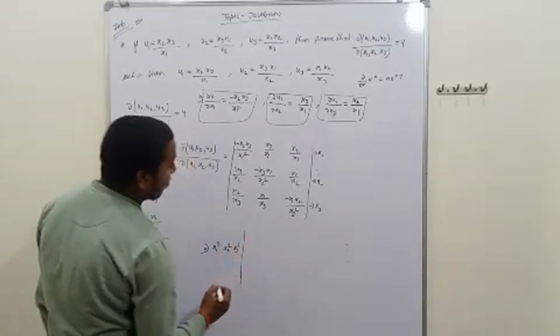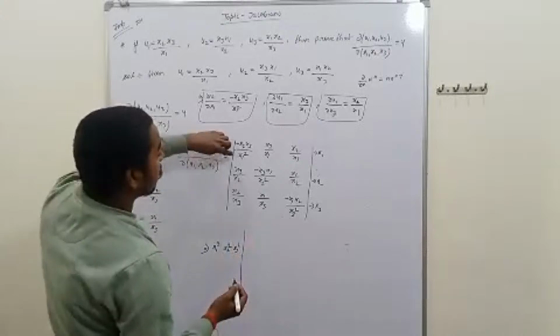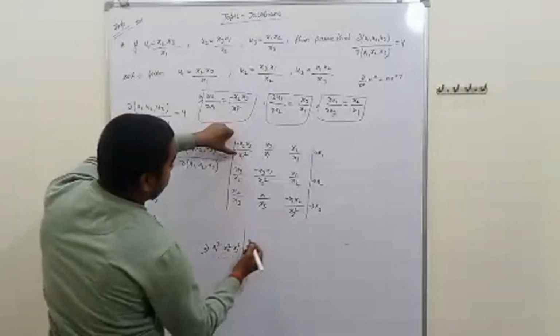Then remaining in the determinant is, here we have to take common x1 square, that is